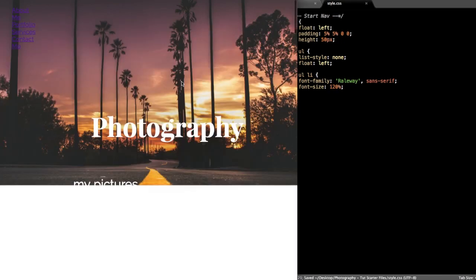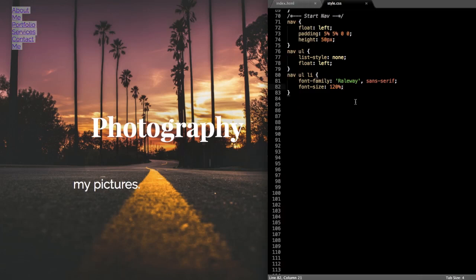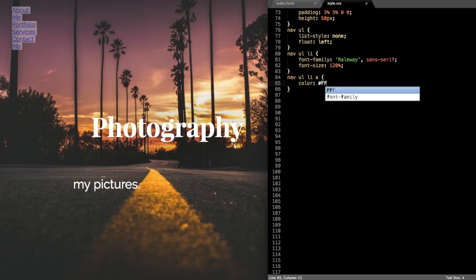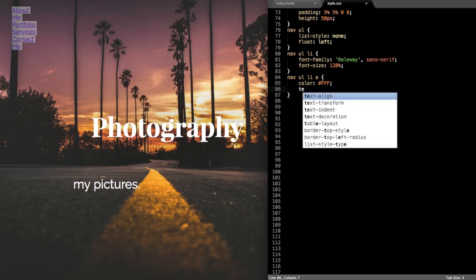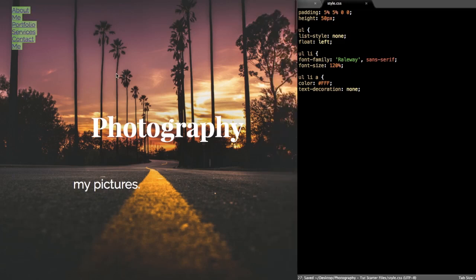Alright, so now if we refresh, it's a little larger, but we still have some work to do in styling the links, so let's do that now. So drop down another line, and we'll reference the links with nav ul li a for the anchor tag, and then write color, and we'll just make them white, so the hex value #FFF, text-decoration none, that's going to take away the underline. Okay, so there we have it, kind of displaying nicely in white,